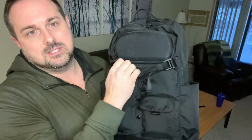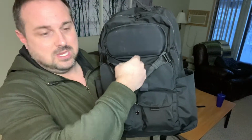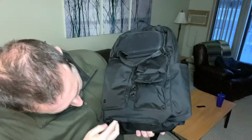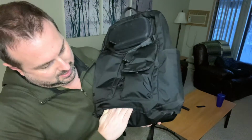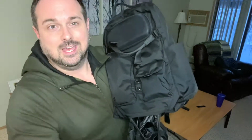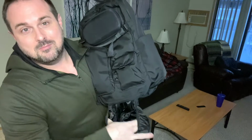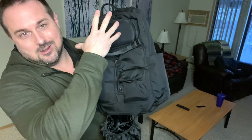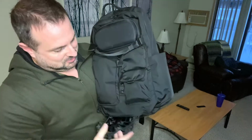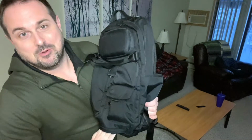So what happens is that you have your yoga mat with you, let's say you're going to your yoga class. You'd fit the mat through here, and down at the bottom, let me just see if I can find it. It's kind of like a hidden compartment, but at the very bottom they have a little pocket that comes out. Sorry, I've got to back up a bit so you can see it. The bottom of your yoga mat will fit in there, and then the rest of the mat will fit up through here. So it fits up vertically, so that if you're transporting it, walking around, or biking anywhere,